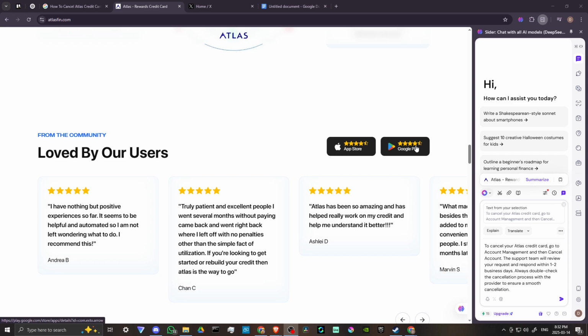Once you do so and you start an account, if you want to cancel, well, let's go ahead and ask AI what we can do here. So we're taking a look at Cider, which is an amazing tool that integrates directly into your Chrome browser, and